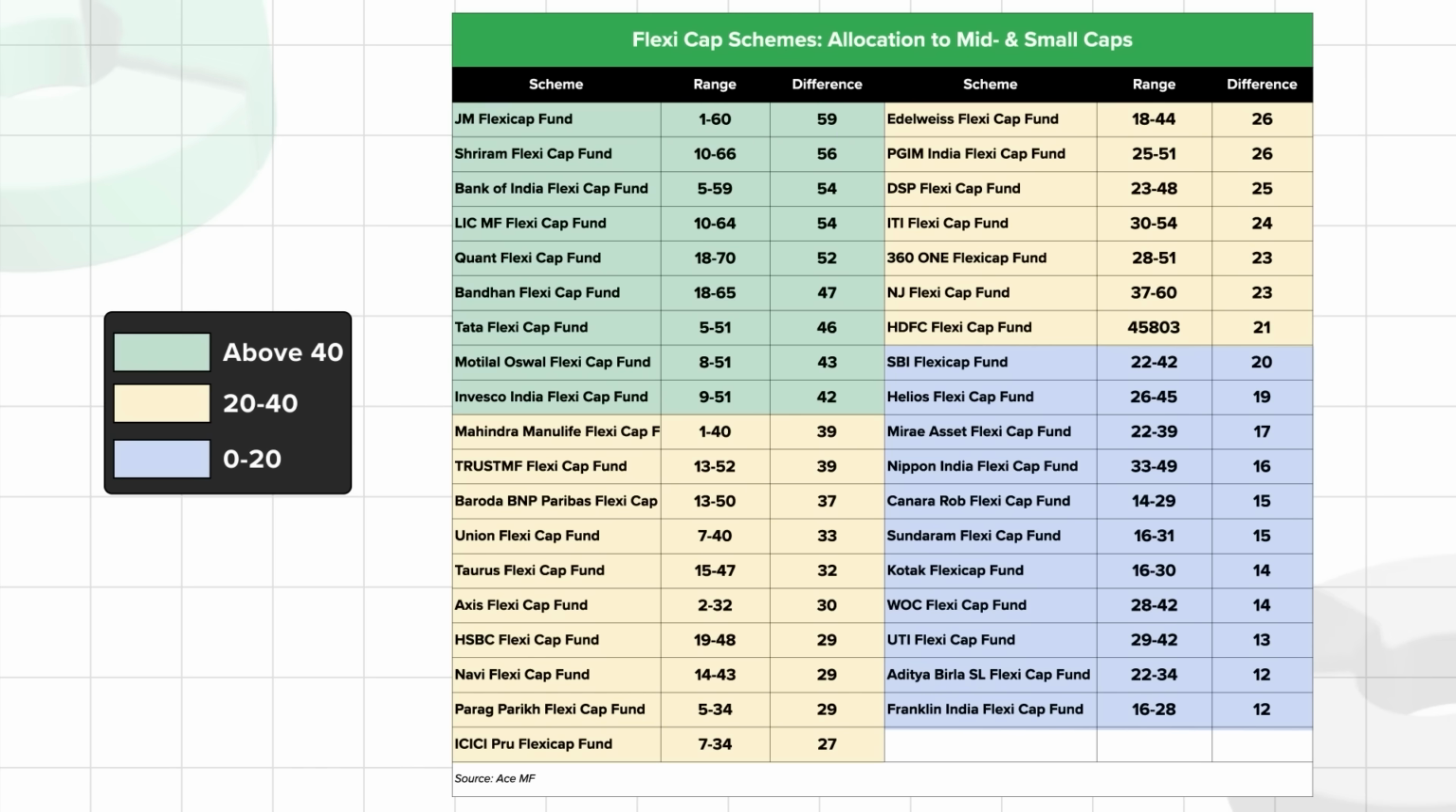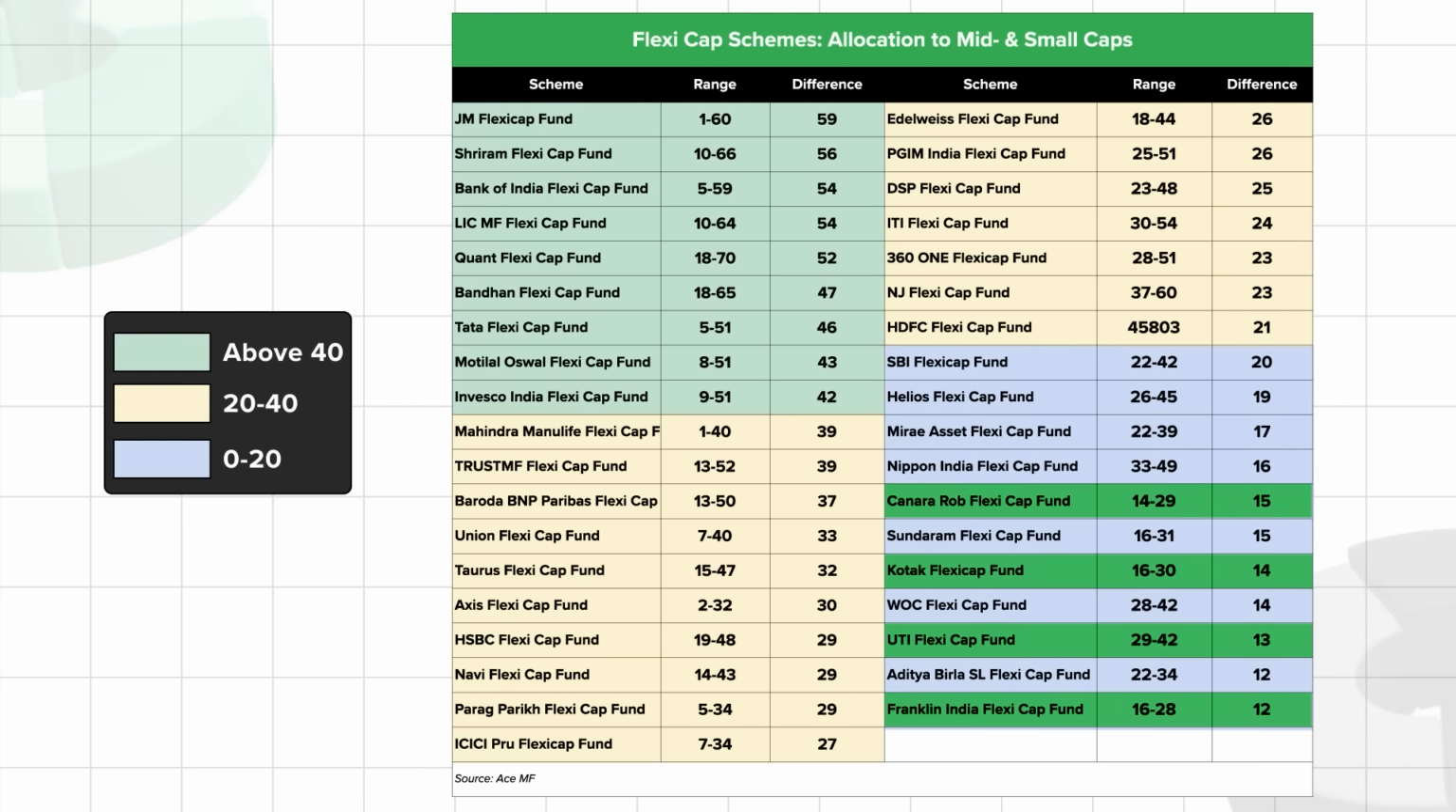In contrast, schemes from UTI, Kotak, Franklin India, and Canara Robeco show relatively low variation. They typically operate within a tight 10 to 15% range. Now, these funds reflect a more consistent and long-term allocation approach, which some investors may prefer if they value stability